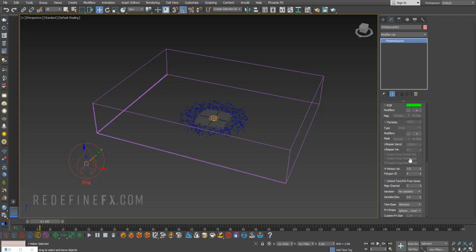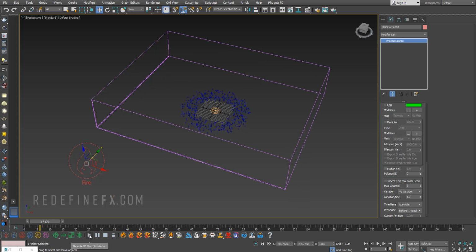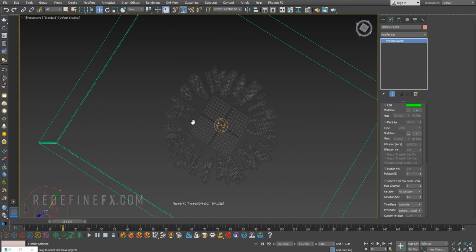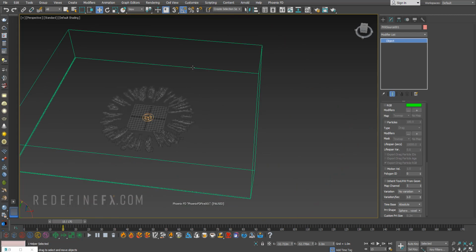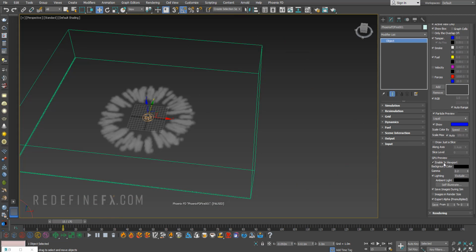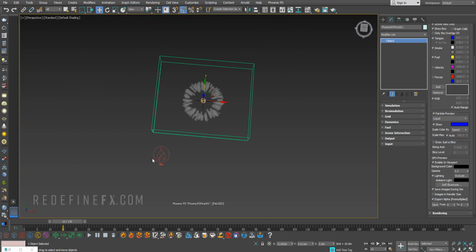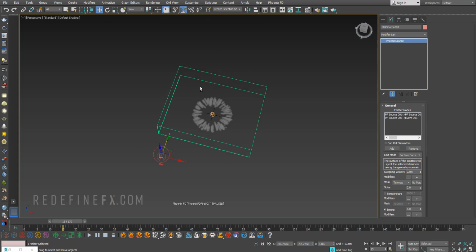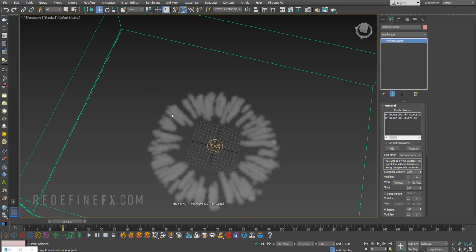And one of the most important settings of this whole effect is this motion velocity. So let me turn it off and see what that will look like when I run the sim. So I'm running the sim and this is what we have right now. Basically, it's a disaster, but bear with me. So we're gonna go under preview and as always, enable the GPU preview. And you can see that basically without motion velocity, it's just creating trails, because the smoke is not getting speed